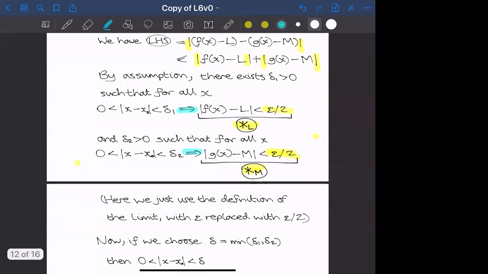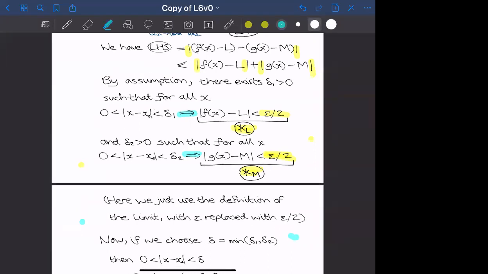We can now choose a delta. So let's choose delta to be the smaller out of delta 1 and delta 2. These delta 1 and delta 2 can be different. Then, if I choose that delta,